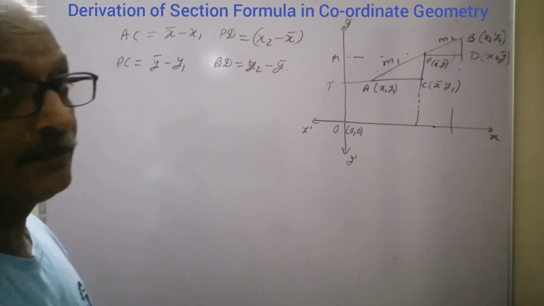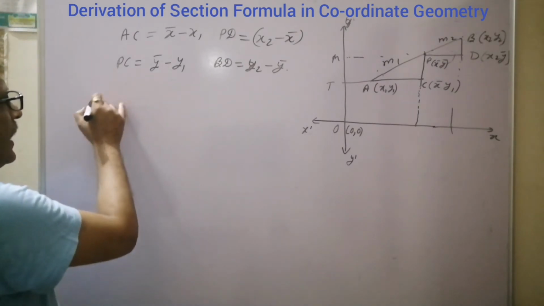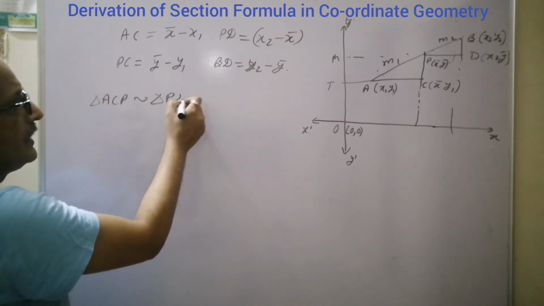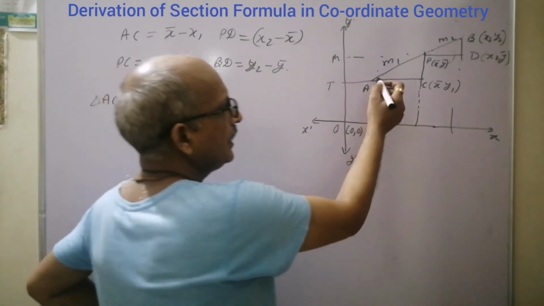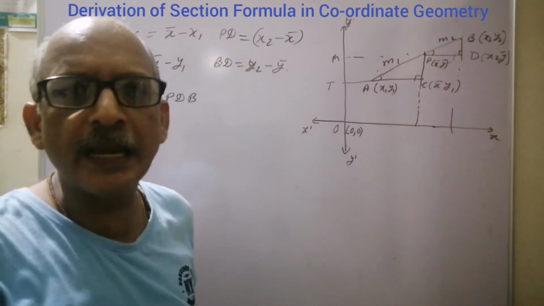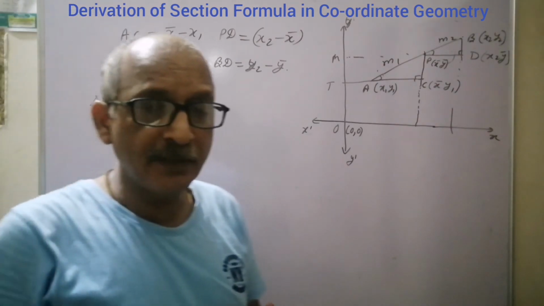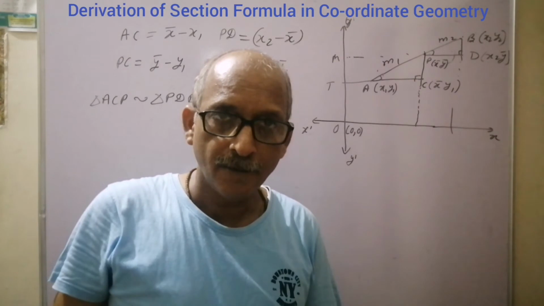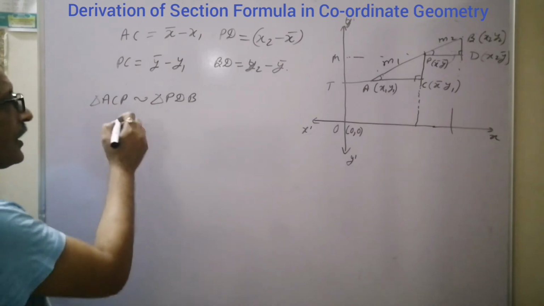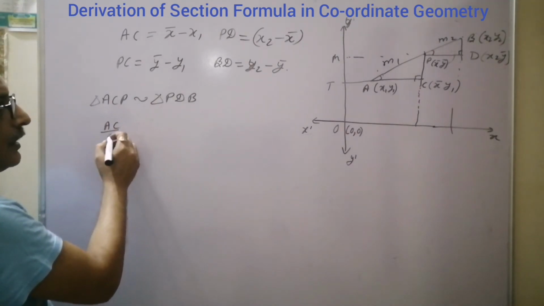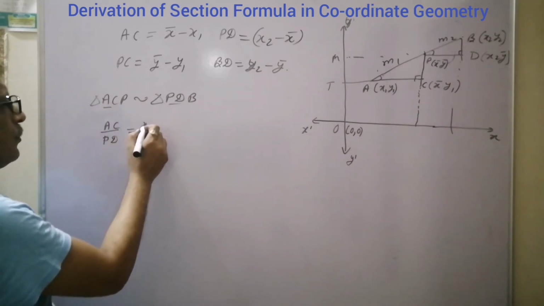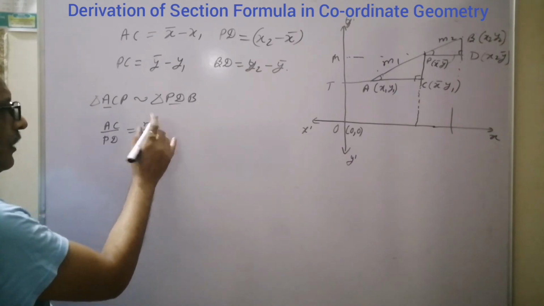Now these both triangles are similar. Triangle ACP is similar to triangle PDB, because angle A is equal to this angle and these both angles are 90 degrees. So the triangles are similar by AA criteria. When triangles are similar, their corresponding sides are proportional. Two similar triangles have their corresponding sides proportional. It means AC upon PD is equal to m1 upon m2, or we can write here AP